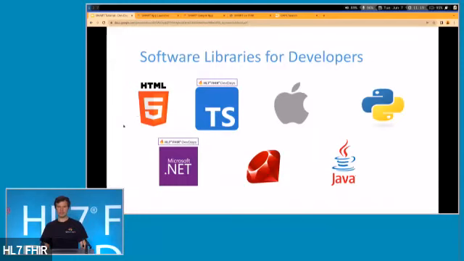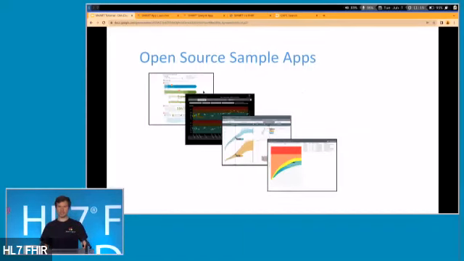Last thing I'll mention is software libraries and sandbox environments. So software libraries, we maintain a couple as part of the SMART Health IT project at Boston Children's Hospital, but there's a lot more that are maintained by the community. A couple of these are the focus of DevDays presentations, so if you want to learn more about working with FHIR data in .NET or in TypeScript, those are a couple that I know are represented here at DevDays this week. But whatever your programming environment or programming language of choice might be, there's probably someone else out there in the community who has used that environment or that language to talk to a FHIR server. And then there might even be good off-the-shelf tooling. Everything I showed you in the sandbox includes a set of open source sample apps. So if you want to drill in and see things like that blood pressure app that I mentioned,